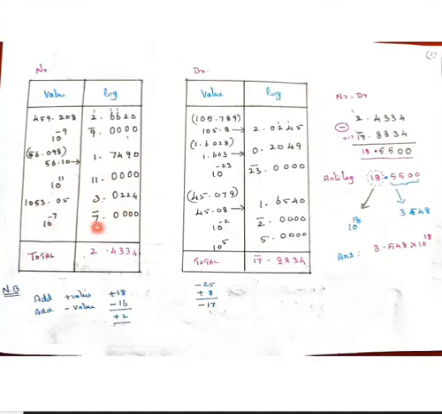Then 10 to the power of minus 9 to be written as 11 power 0.000 and add it. So while adding, if it is a remaining, add to the plus. So add all the plus values, keep all minus values separately. Plus value I got plus 18, minus value I got minus 16. So the difference is 2 plus. So I have written 2 point.